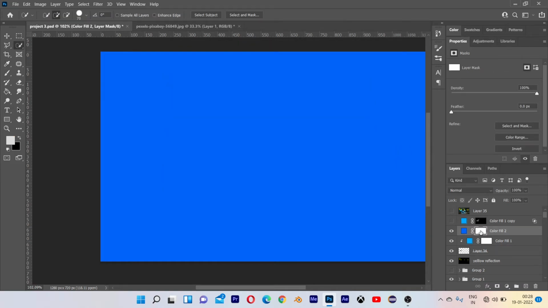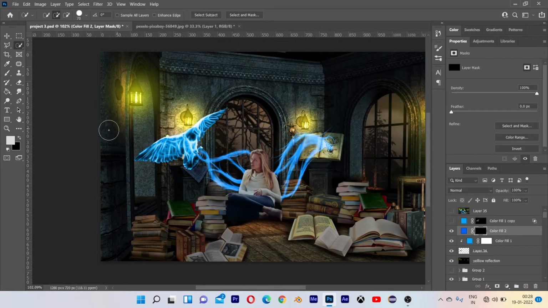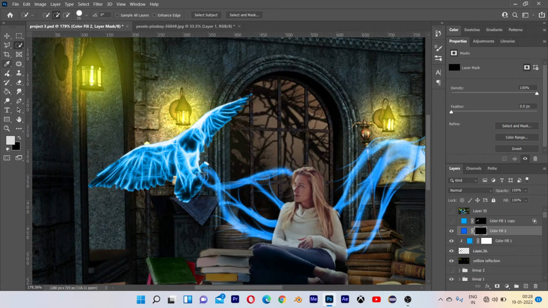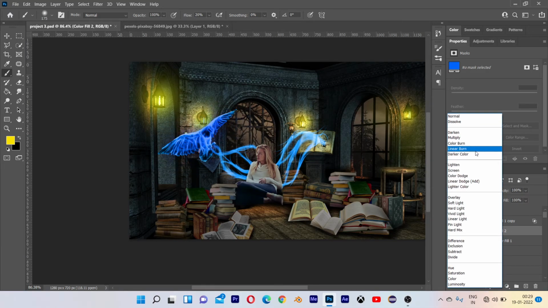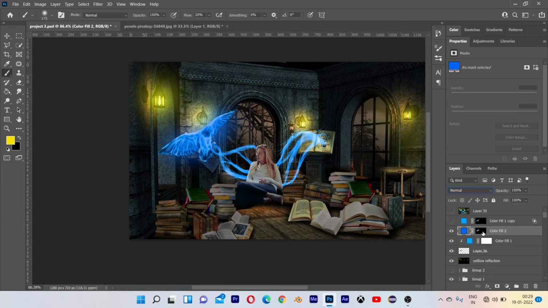Okay, invert the mask, Ctrl I, and with white color selected, wherever you paint, it will glow automatically. So by that you can do it, or you can change the blending mode to linear dodge to glow the object perfectly. Okay, it's done.